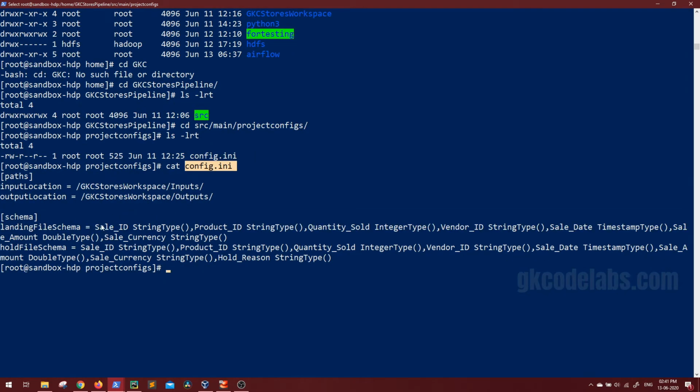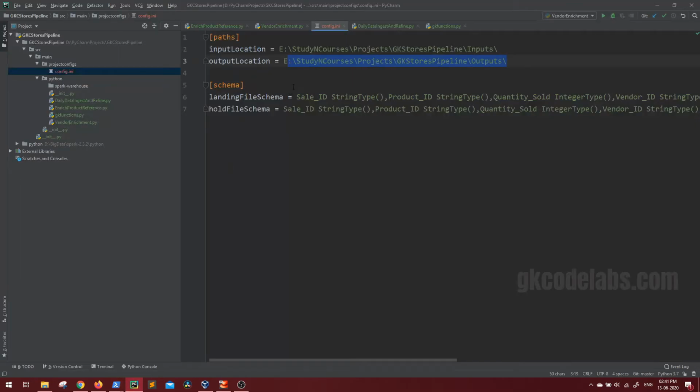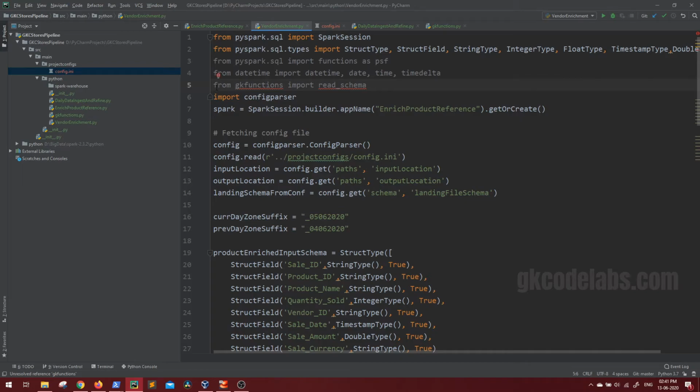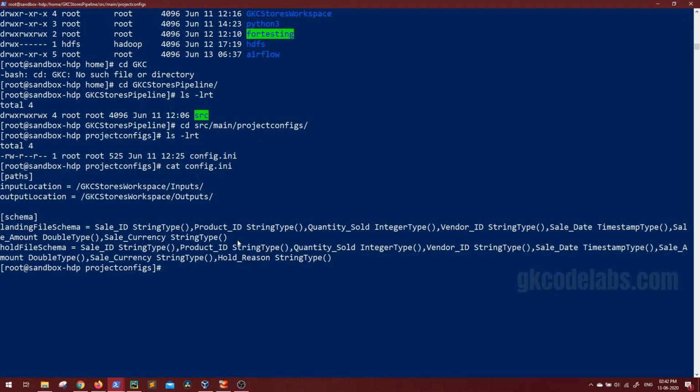Then for schema, everything will be the same, there is no change. And also, if you remember, we have removed the src reference from the gk functions file. The reason for that, let me go to the Python folder.